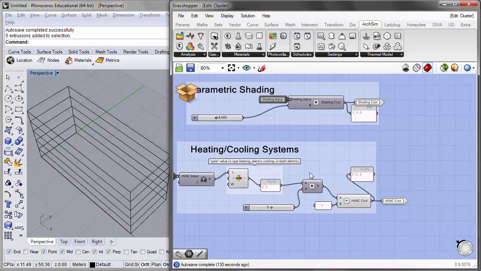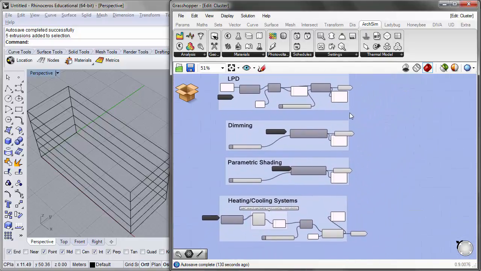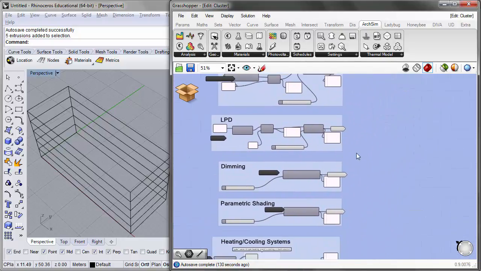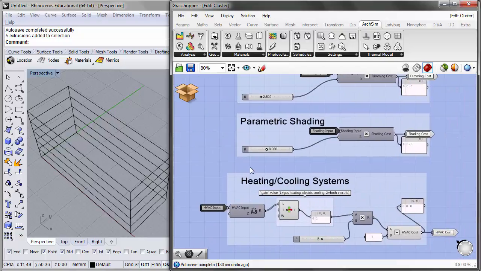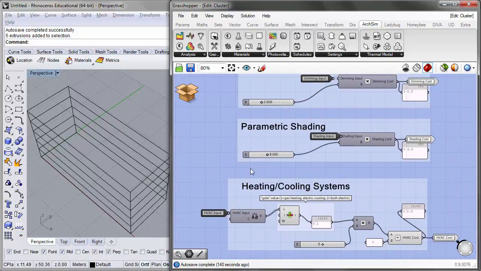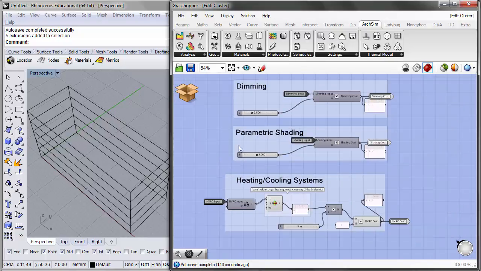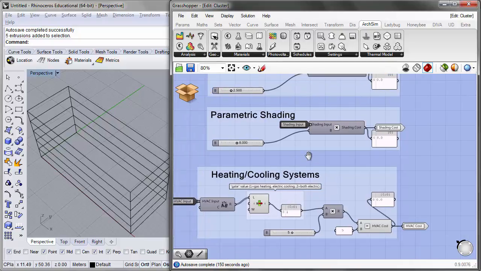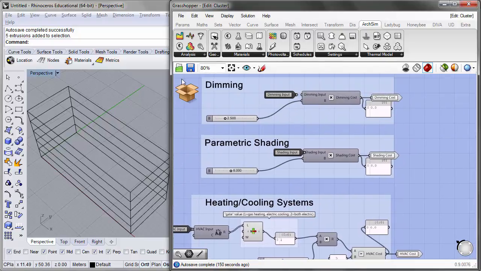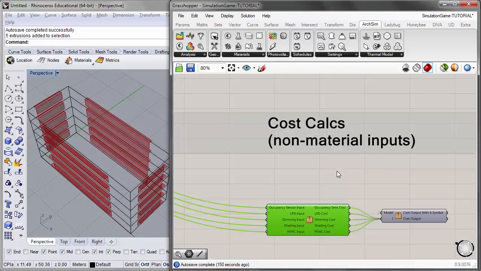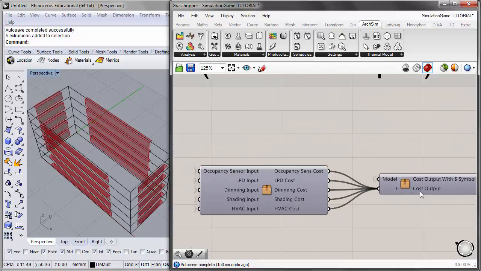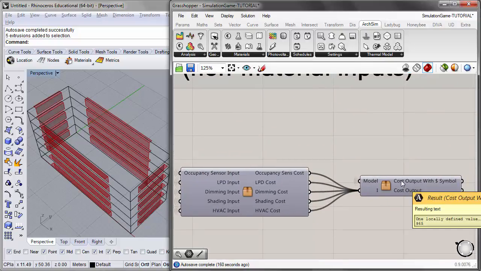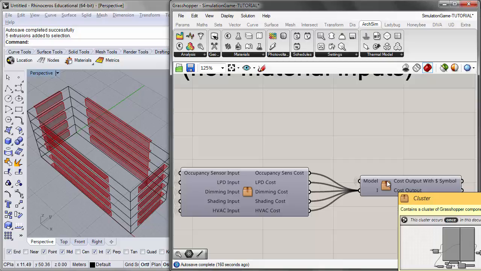So these are really just ways to get some cost values from the kind of inconsistent, slightly unique inputs that we need for the different settings in order for the performance to come in right. But we're able to also utilize those different inputs in order to get some cost values that make sense for our simulation game. And so those different costs get taken to this next cluster, which basically